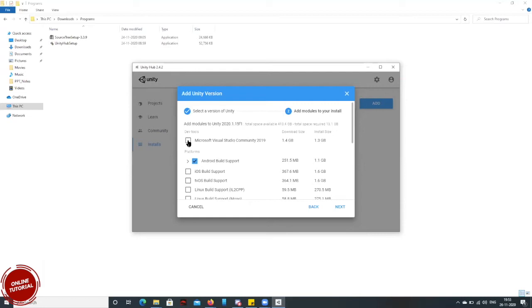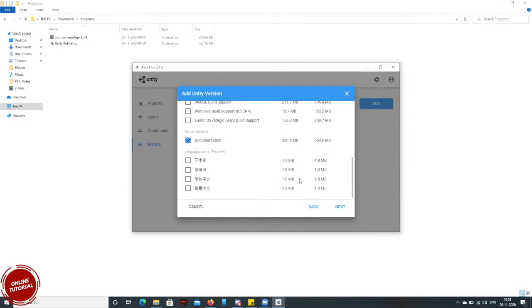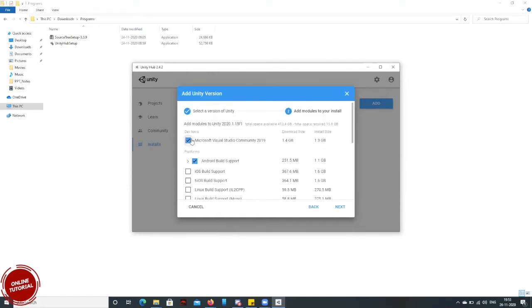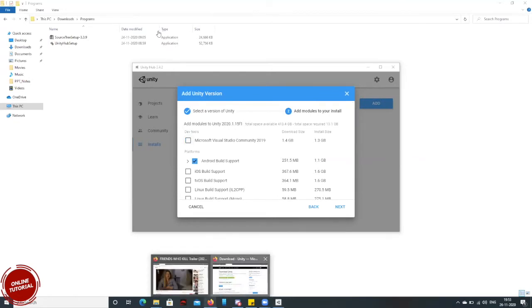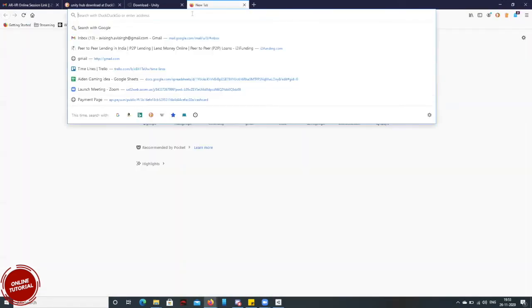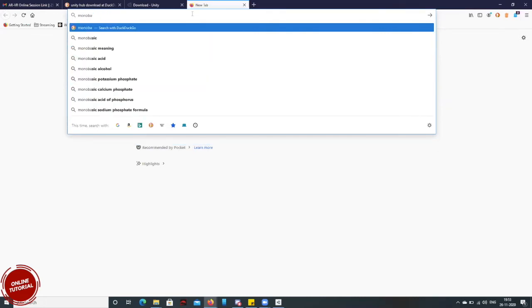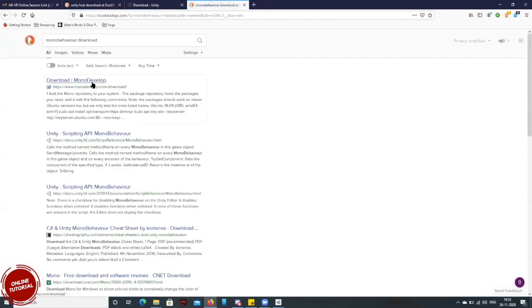So do we need to check Microsoft Visual Studio? No? I'm installing on my laptop, so Microsoft Visual Studio I don't need to install. Don't use this. We can use MonoDevelop. I need to figure out how to use it, I never used that. But if you want to install Visual Studio, it will take a lot of time, and your PC will be slower if it's not a high-end configuration. I will install after this meeting. Okay, if you already have it, then it's okay. Then check it and finish.